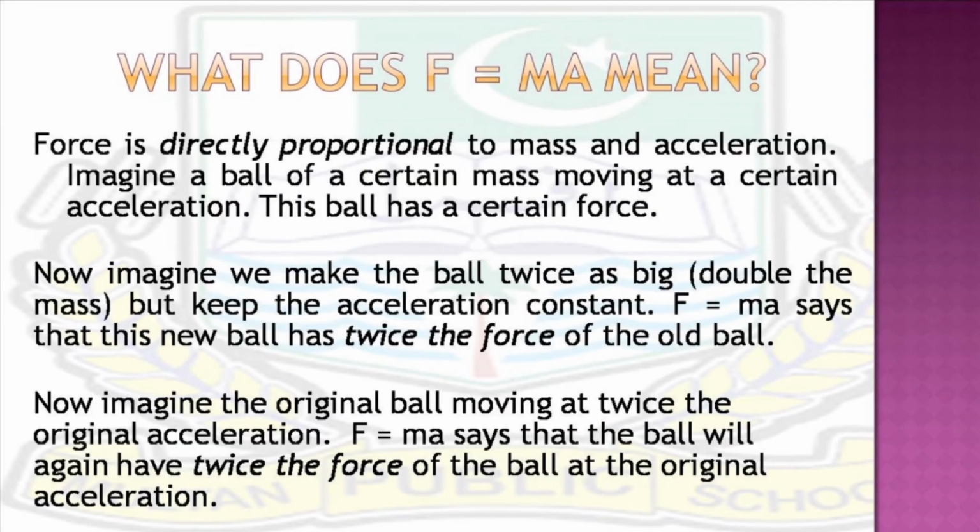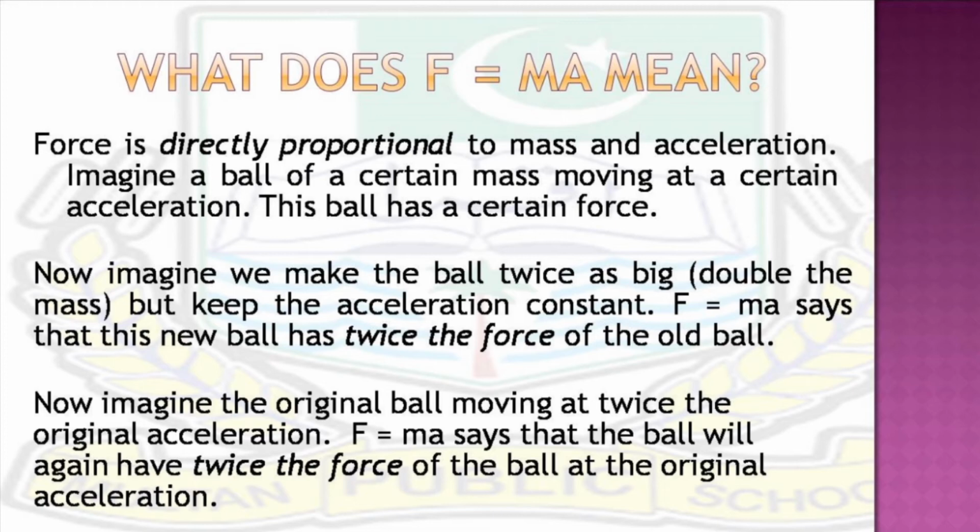Students, what does F is equal to ma mean? Actually, force is directly proportional to mass and acceleration. Imagine a ball of a certain mass moving at a certain acceleration, and this ball has a certain force. Now imagine that we make the ball twice as big, or you can say double the mass, but keep the acceleration constant. So F is equal to ma says that this new ball has twice the force of the old